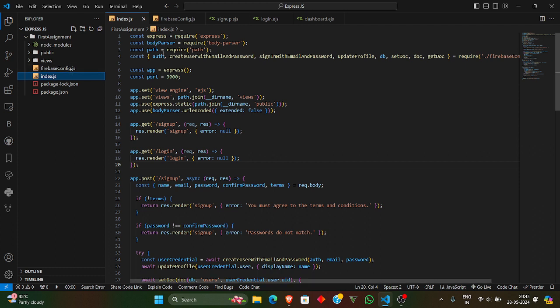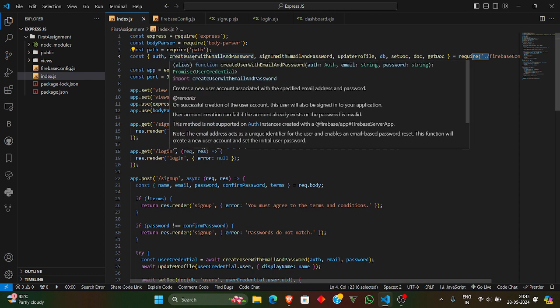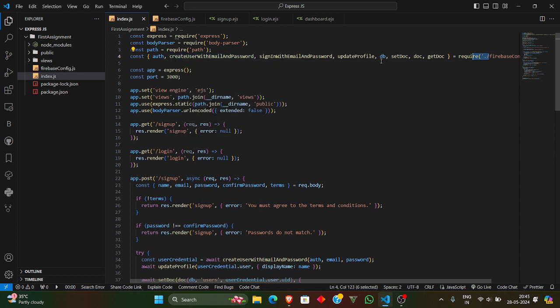In index.js I import the necessary packages: express, body-parser, which is used to parse the incoming request bodies, and path to handle the dynamic paths, so I could go to the sign up page, login, and dashboard. And I have imported this Firebase config, and I have imported this auth and createUserWithEmailAndPassword methods and some other methods which